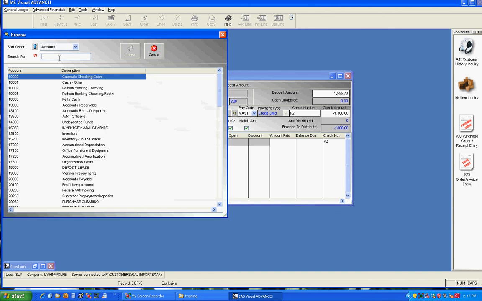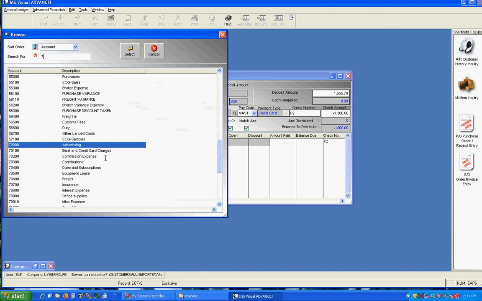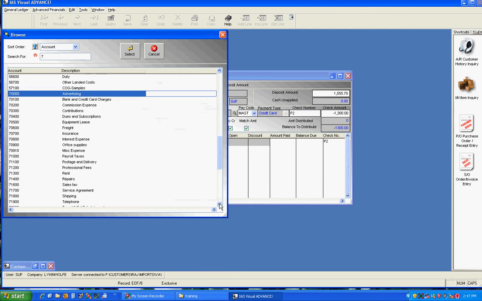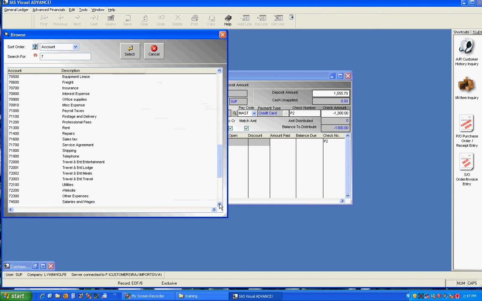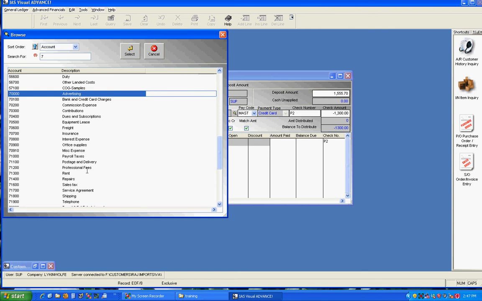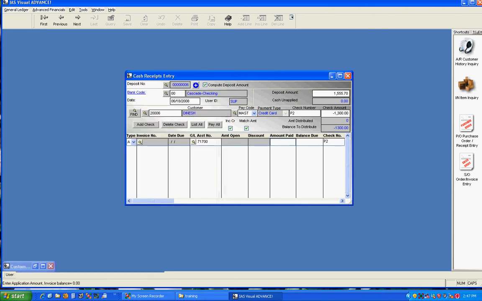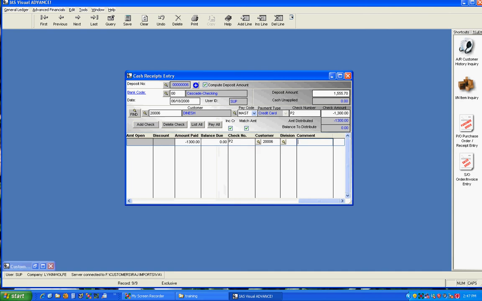So I'm going to go over here, and I believe that's in the 7s. Trade show expense. I don't have one. Well, you would put it in trade show. I'm just going to put it in anywhere right now because we don't really care. This is a temporary thing. This is a minus 1,300. And then what I would do is I would tab out a little bit further and I would put in here Dallas show booth, so that I remember in my head. So once I save this,